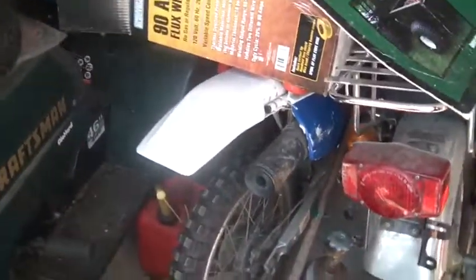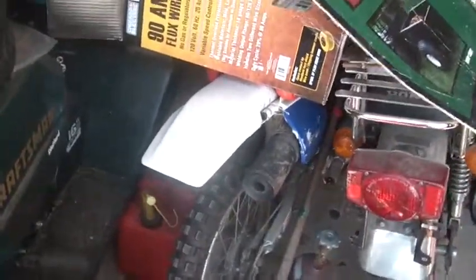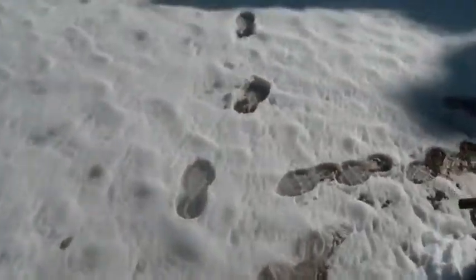A while ago, I don't know if you guys saw the video, I bought this once again package deal. I mentioned it in the last video, and I opened it up and took a look at the carburetor. It looked pretty trashy, and I like my stuff to start, run, and behave itself. I don't like to futz with it for 5 hours before I can take it out for a ride. So